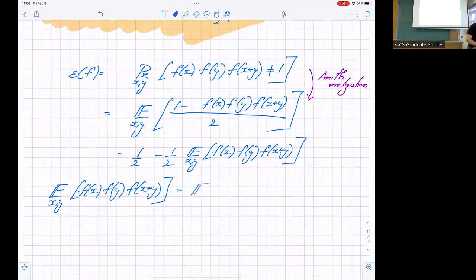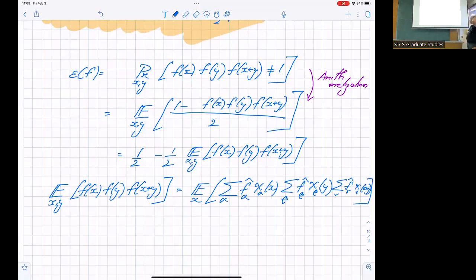Write this as the expected value of x, summation over alpha, f hat alpha, chi alpha of x, summation over beta, f hat beta, chi beta of y, summation over gamma, f hat gamma, chi gamma of x plus y. I'm just expanding this in its Fourier basis. I just opened it out over here. If you do this,